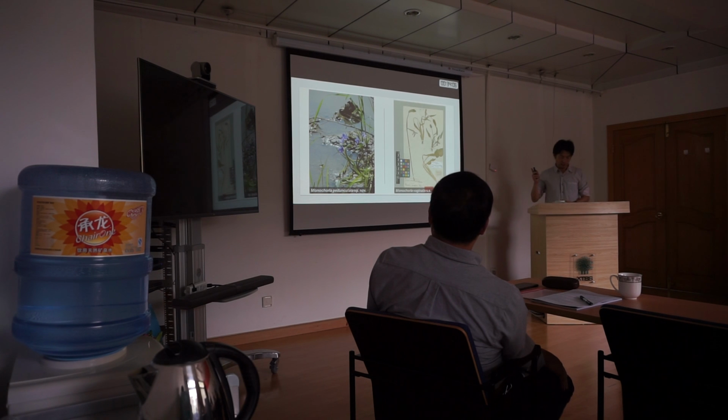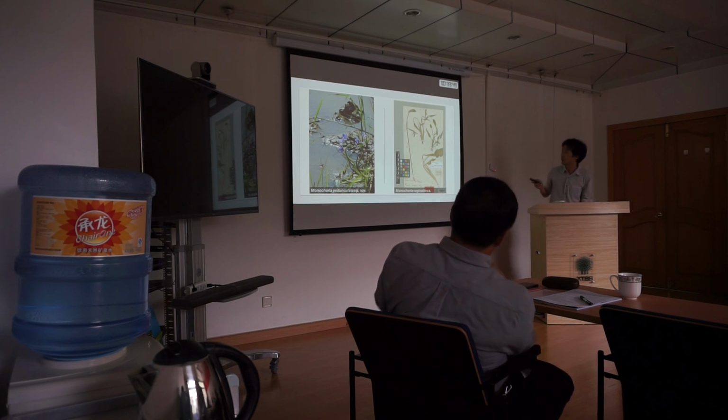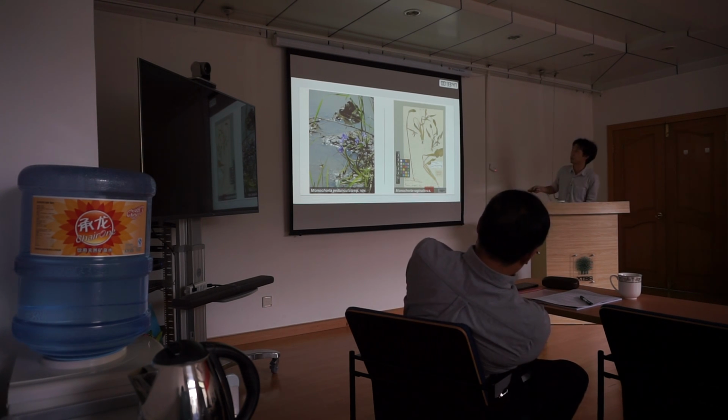And this is one of the new species, petiolata, from Vietnam. I collected it near Ho Chi Minh. And then you can also see the specimen. This one is the holotype, I think, one of the types of Monochoria vaginalis from India.